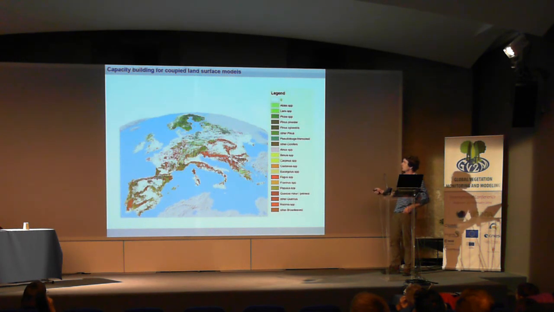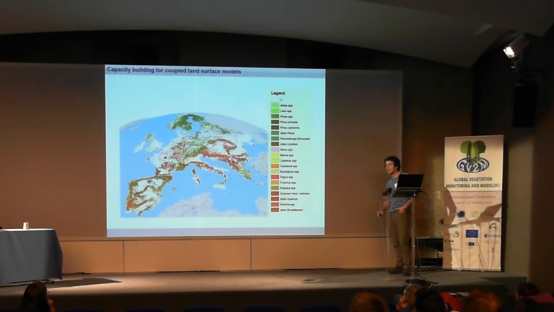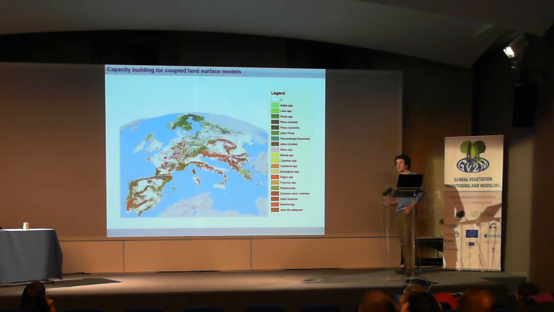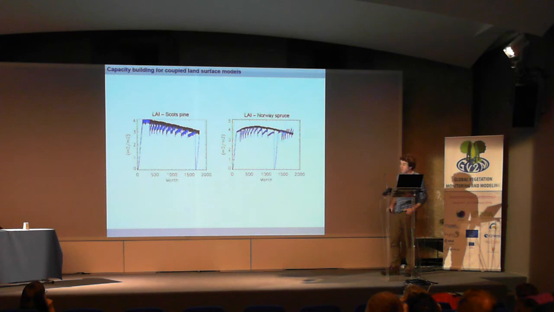So we're lucky that we had a couple of ice ages in Europe, and especially the last ice age that reduced the biodiversity in Europe a lot. Then a couple of generations of foresters, and so now we can describe 80% of the forest area in Europe with 7 tree species. And because 7 was not enough, we separated between boreal and temperate, and so we duplicated some species. So we have a set of parameters for the boreal pines and spruces and birch, and we have another set of parameters for temperate birch, spruce, and pine.